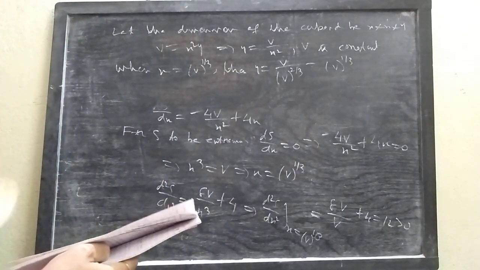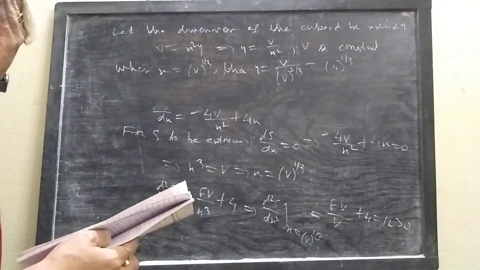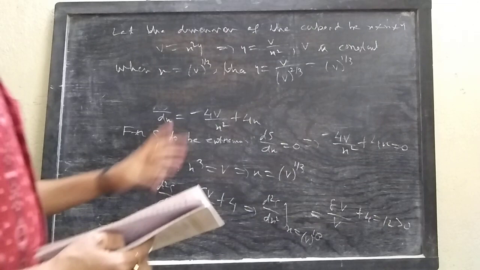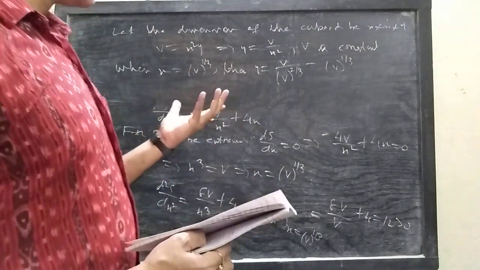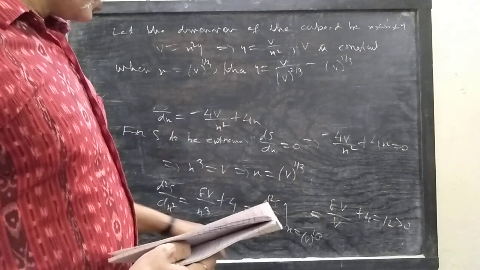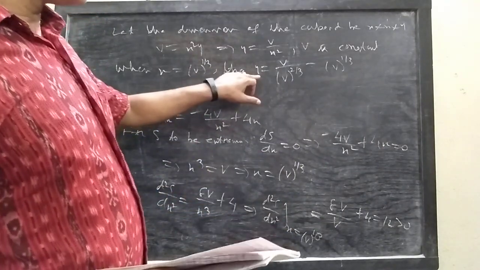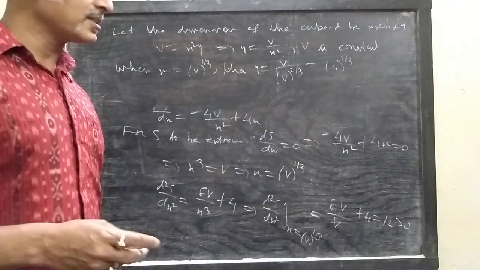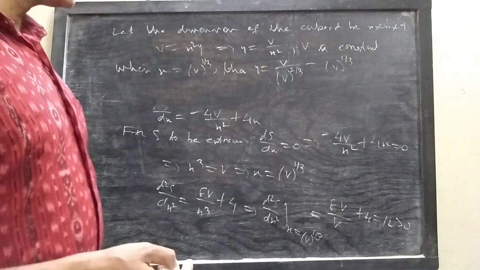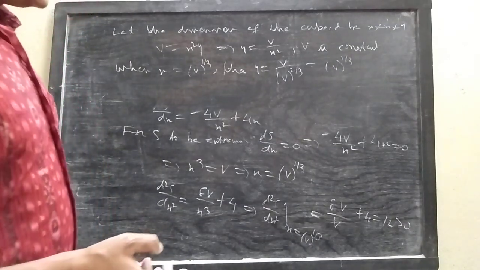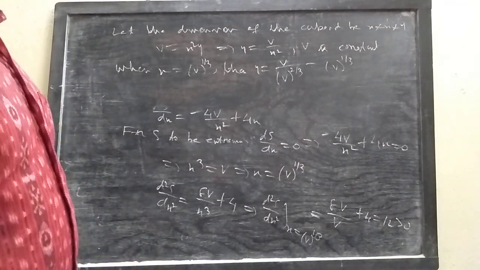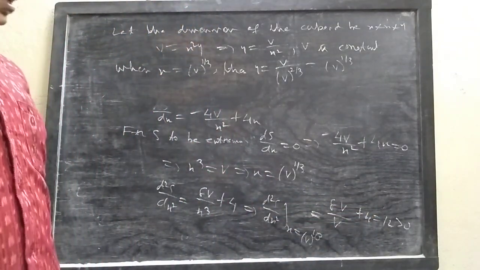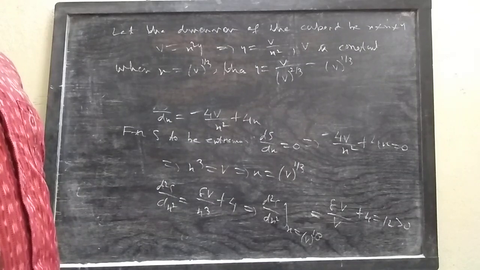Now we find that three edges of the cuboid are of equal length, because we already have a square base of dimension x cross x. For x equal to b to the power 1/3, we get the other dimension, that is height. This also becomes b to the power 1/3. So all the three dimensions are of length b to the power 1/3, which suggests that it is a cube. So it is proved that the cuboid having square base of given volume has least surface area, because d2s dx2 is greater than 0 here, least surface area when it is a cube.